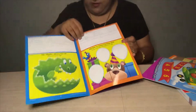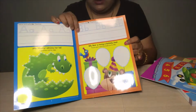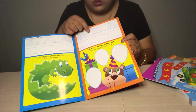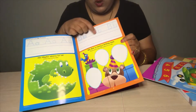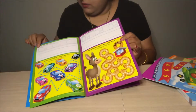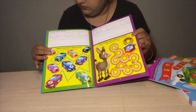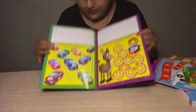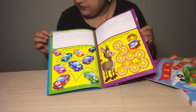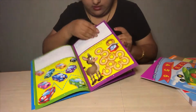What else can we ask for? The arrows are also given, very nicely indicating, and the lines are drawn, so we can first trace on top of it, and then on the next line the child can write on their own. A very good book which I have really liked. So yeah, here car, K, C. So C, then uppercase and the lowercase, D,